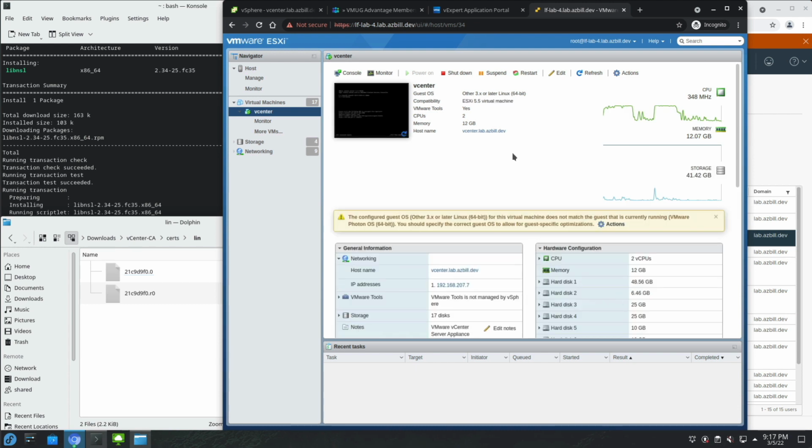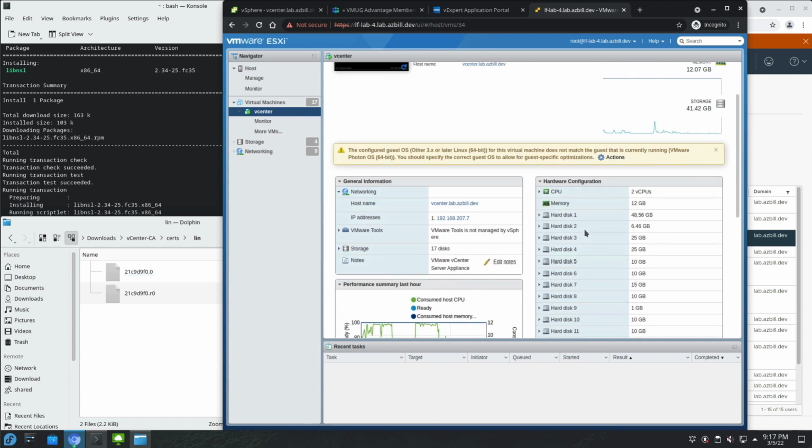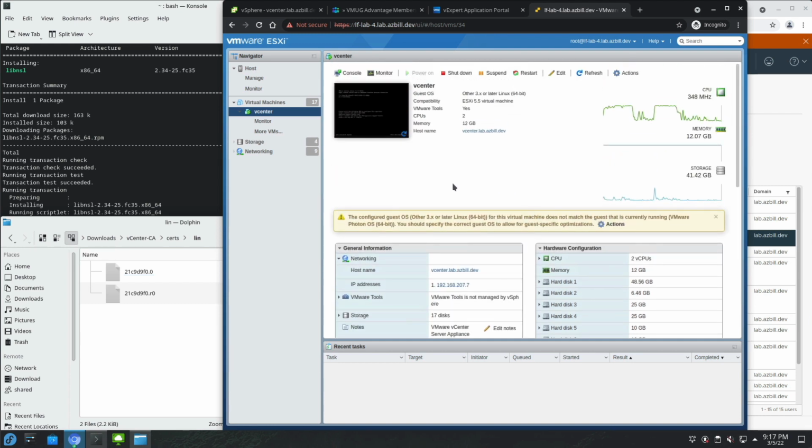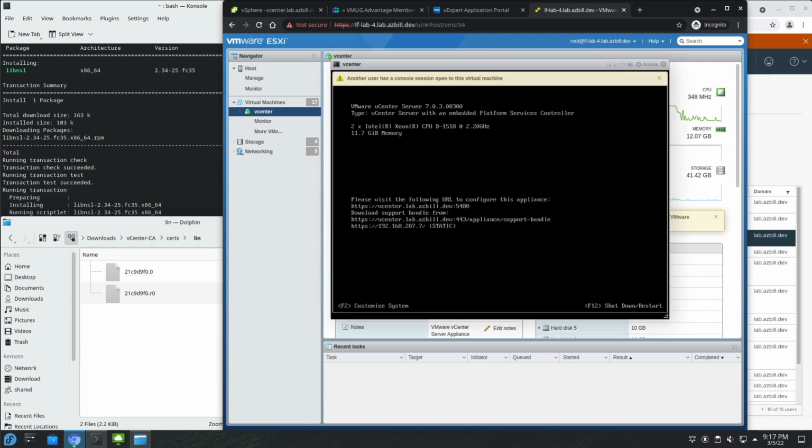So if we take a look here, we can look at the individual server information, IP address, the disks, various statistics over the last hour. And if you needed to get the console for a VM, you can just click on that window there. And see, another user has, oh yeah, I have a window open, and let me go ahead and close that one over there. It was off screen. Okay, so there we go.